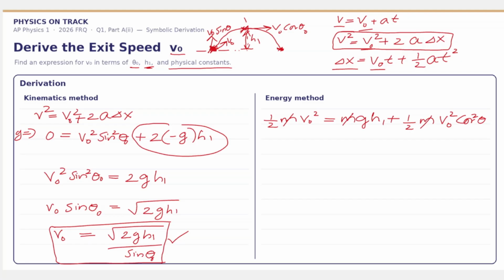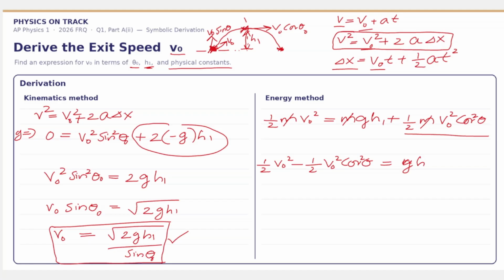And then we are trying to find an expression for v0, so we are going to combine the v0 terms together. So I'm going to move this whole term to the other side. On the left side, I have 1 half v0 squared minus 1 half v0 squared cos squared theta, and it equals, m is gone,